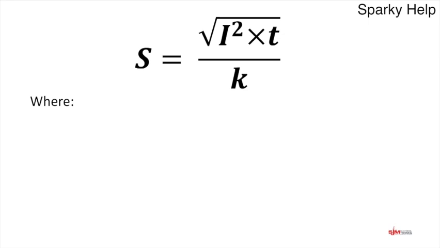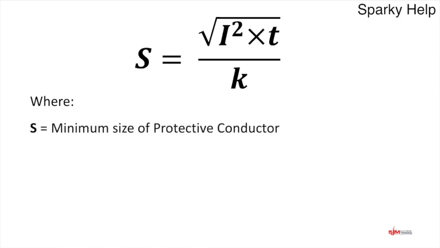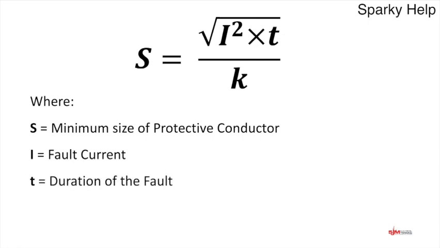What does each of the letters mean? Well, we can get this from BS7671, from chapter 54, and we've got S. S is the minimum size of the protective conductor that we're trying to calculate. I is the actual fault current of the circuit that you are working on. So it's not the theoretical fault current, it's the actual fault current. T is not the theoretical disconnection time, it's the actual disconnection time based on this circuit with this fault current